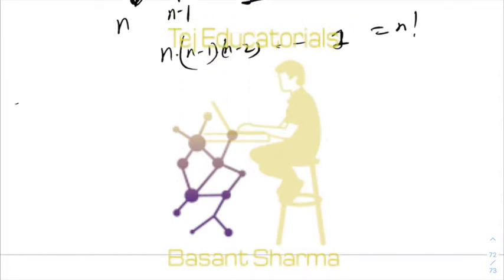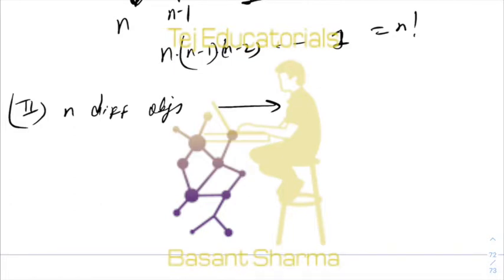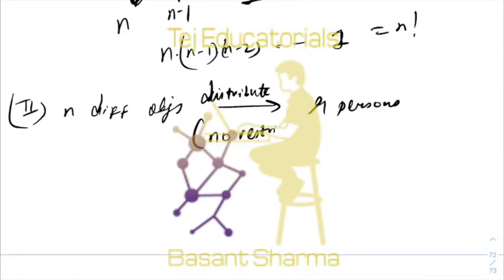Now suppose you have n different objects and you want to distribute them among R persons, and there is no restriction on the number of objects that each person gets, but all objects must be distributed.